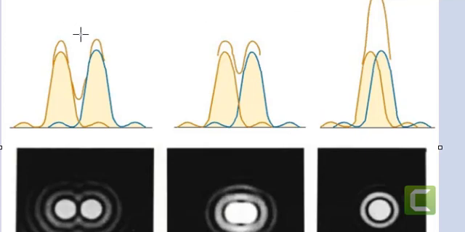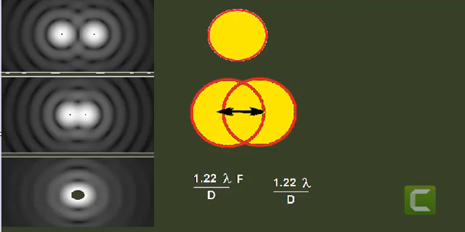When I say first diagram, this is the first diagram, well resolved. Second diagram, just resolved. Third diagram, unresolved, not at all resolved. So the minimum condition for resolving is the second one. That means they should be felt as if there are two separate images. Mathematically, what is the condition?